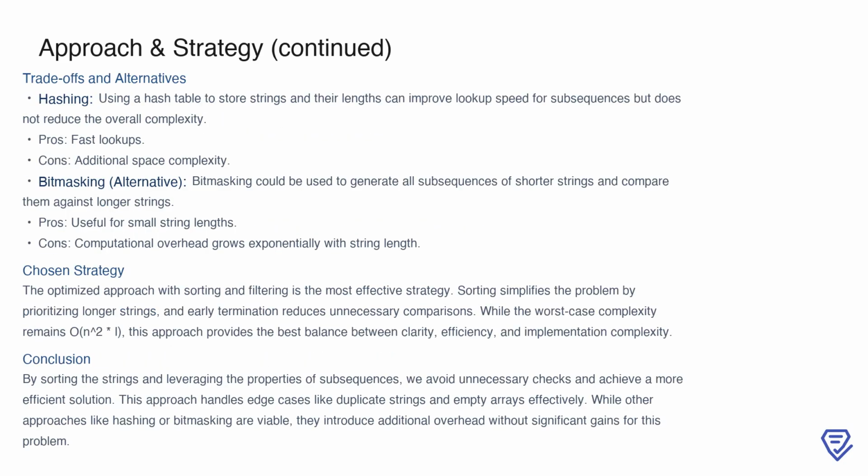When evaluating trade-offs, alternative methods like hashing or bit masking come to mind. Hashing can speed up lookups by storing strings and their lengths in a hash table, but it doesn't reduce the overall complexity and increases space usage. Bit masking, on the other hand, allows us to generate all possible subsequences of shorter strings to compare them against longer ones. While this can be effective for small strings, its computational overhead grows exponentially with string length, making it impractical for larger inputs. Ultimately, the sorting and filtering approach strikes the best balance between efficiency, clarity, and ease of